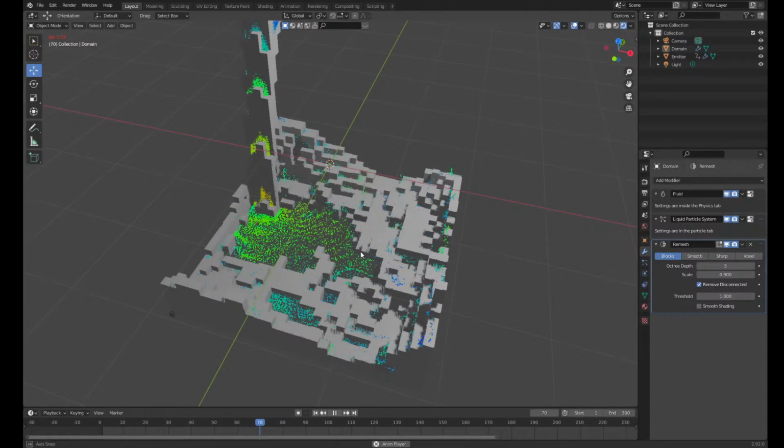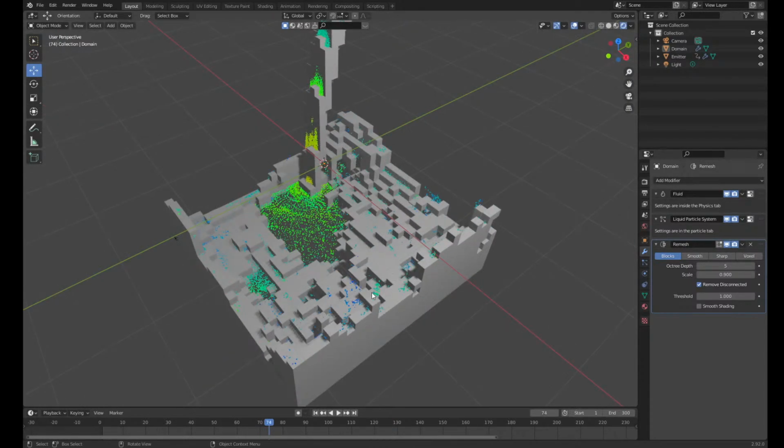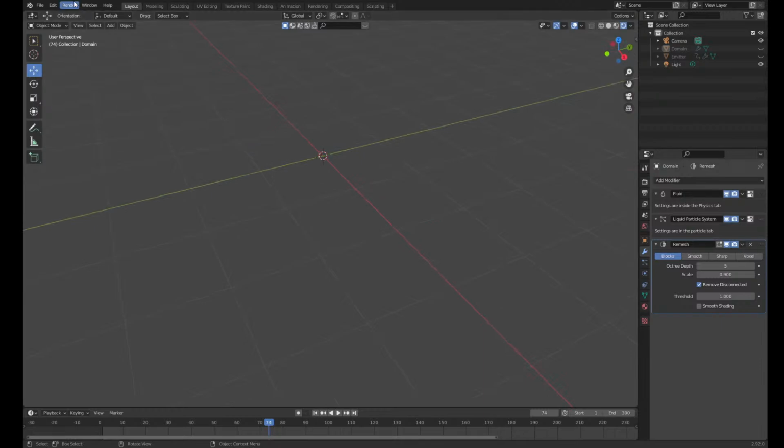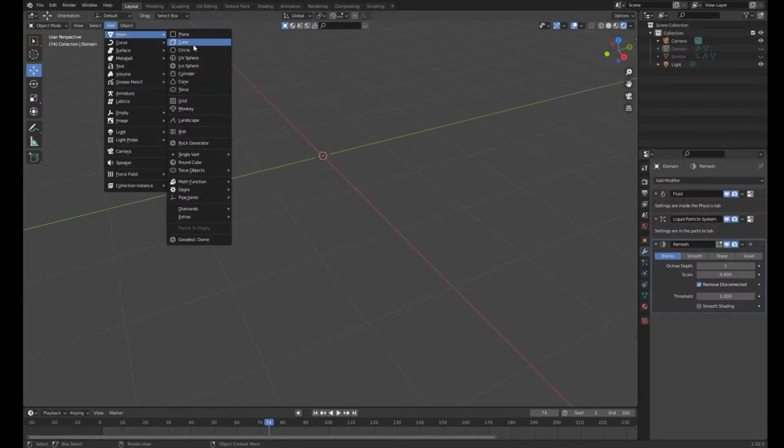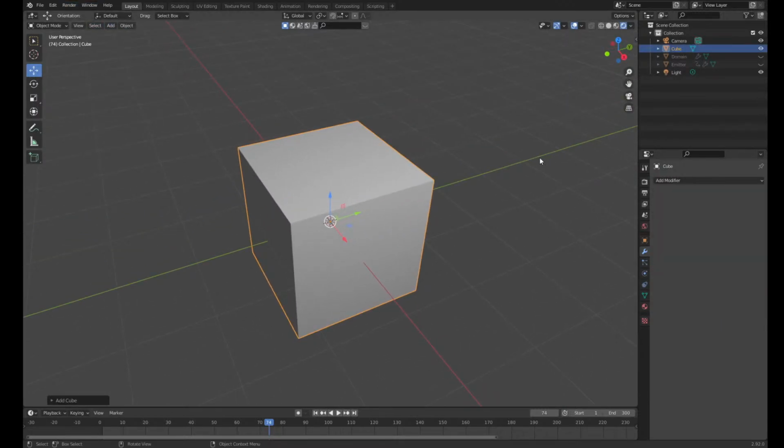Okay, so that's workable. Okay, so basically what we want to do now, now that we have our blocks, is forget about this, right? It's gone. We're going to want to add in a cube. And I know most Lego bricks,